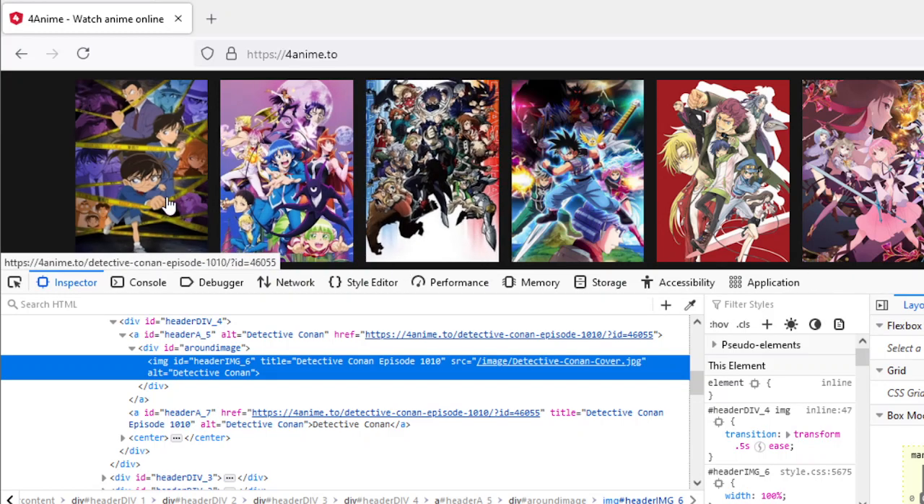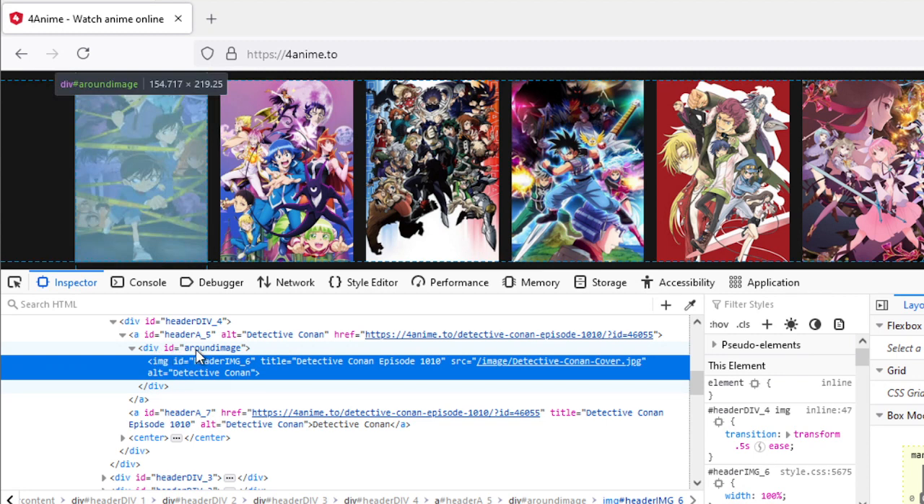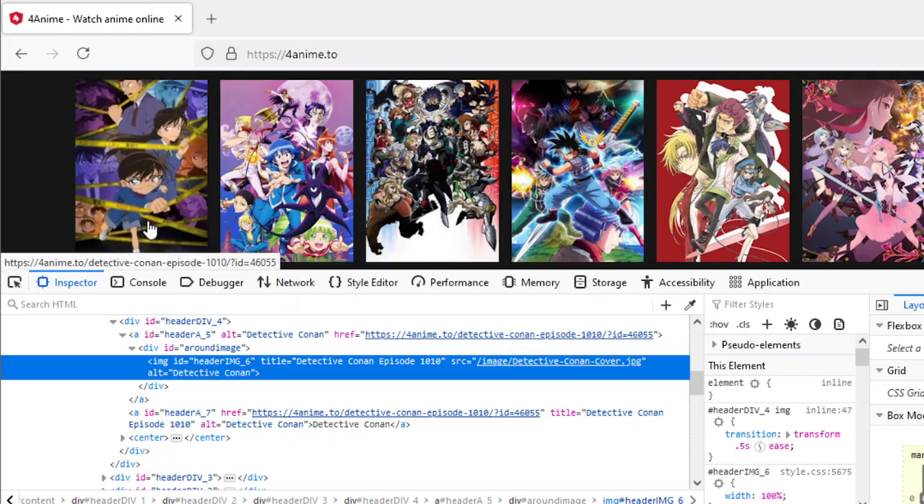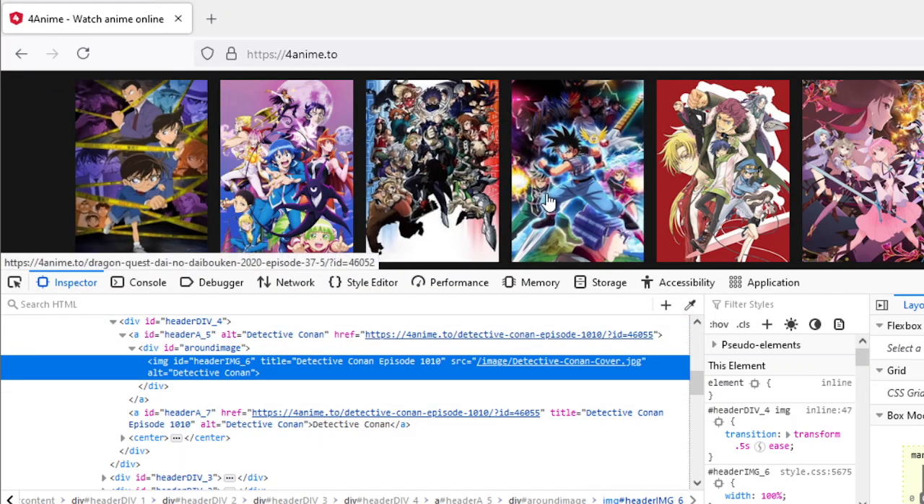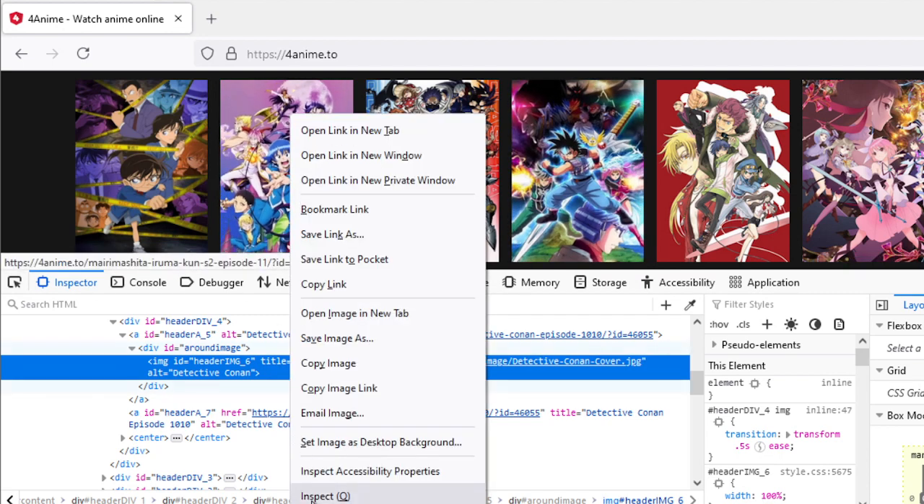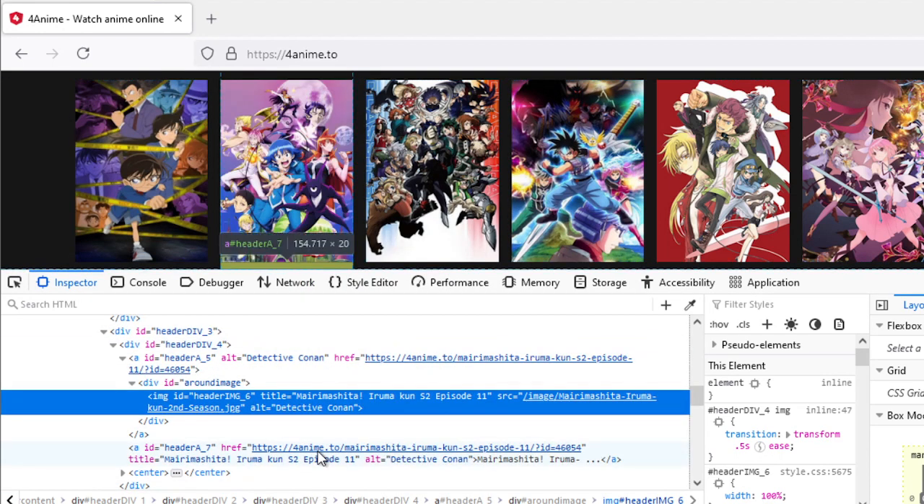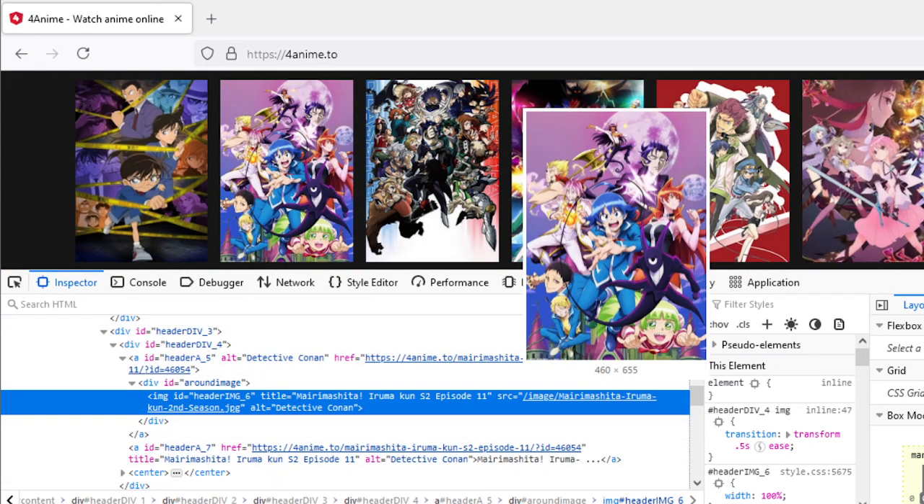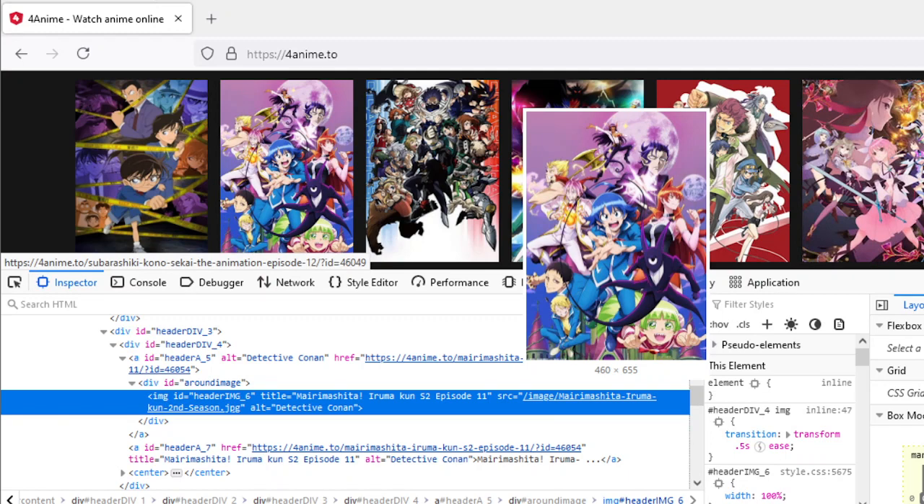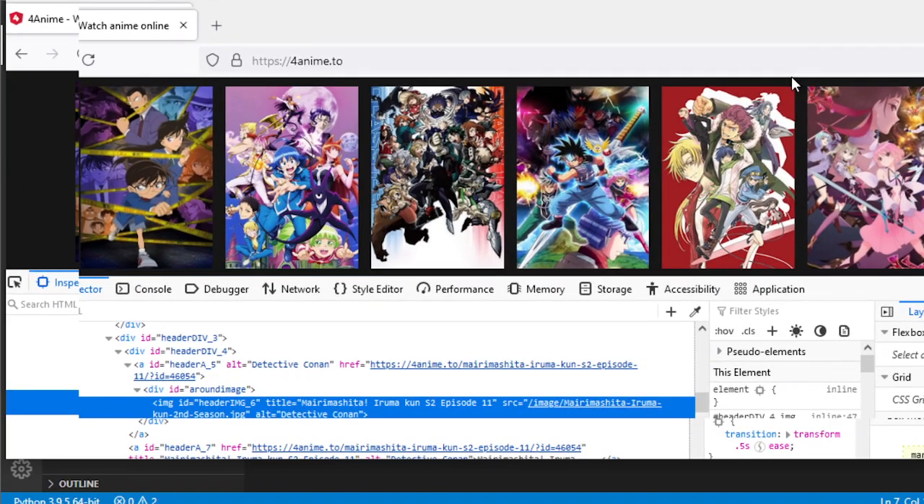Okay, this picture here, the first one, belongs to a div with an ID of around image. Within around image, it was stored in an image tag. So this is the image tag for this anime. Let's check this one. Same goes. So I assume that this group here belongs to one group. Just to make sure that they belong in one group,